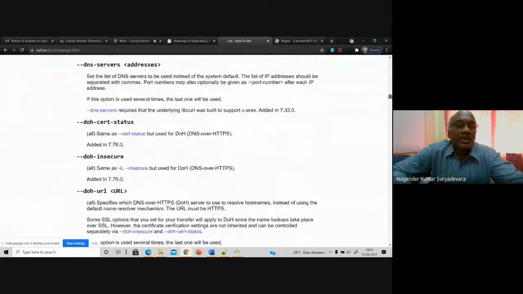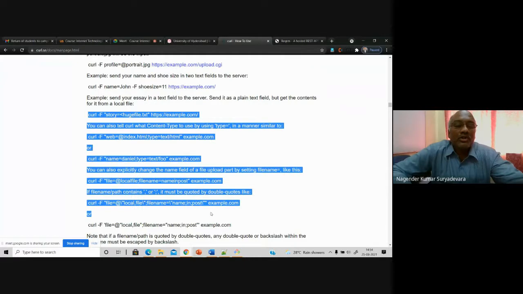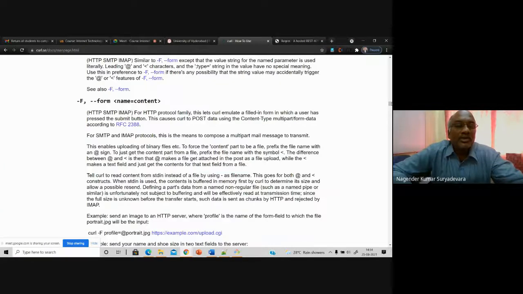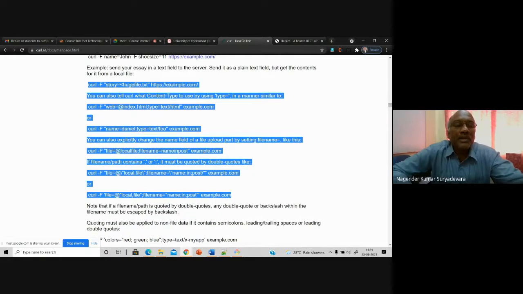So of course a good practitioner and a good administrator will always look for these commands. You need not memorize all those things, but at least you should be able to understand and know how to make use of them, please. That is most important. Everyone should know, at least by looking at those examples and syntaxes, you should be able to quickly implement them, quickly apply them, and quickly make use of them. So please go through this manual also.